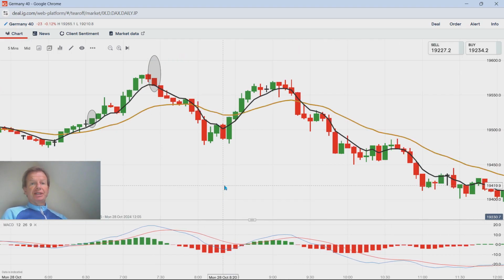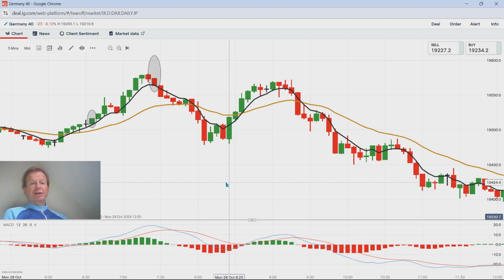Now, the good thing about this, well, it's good and bad, there's a lot of volatility, so it can move a lot in a day, like a couple of 100 points or pips, however you want to say it. I tend to use points when talking about the indices, but you can say pips as well.